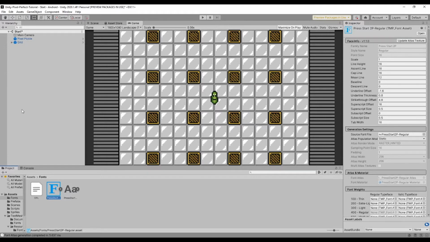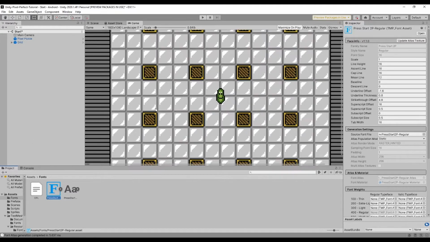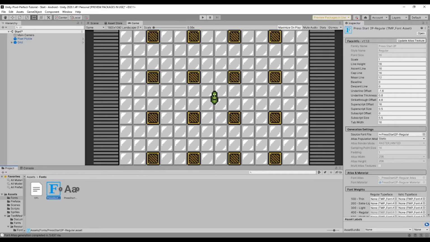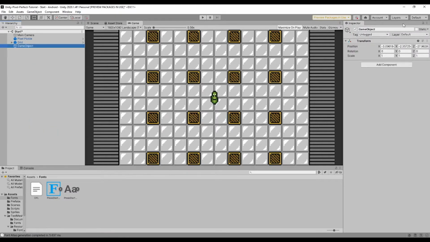There's two types of UI in Unity. There's world space and screen space. World space exists in the scene as it would a regular game object, where screen space is rendered directly to the screen. So we're going to start with a world space canvas. So we're just going to create